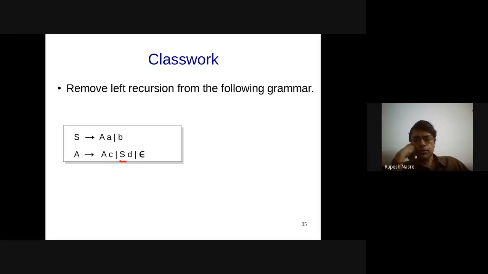Yeah, no problem, Venkatasuri. But S deriving A, E or B, that part is fine.